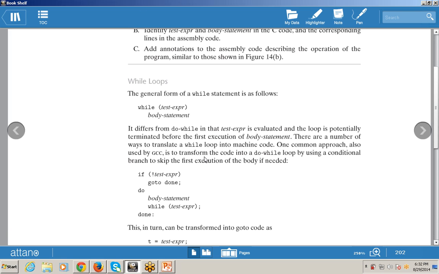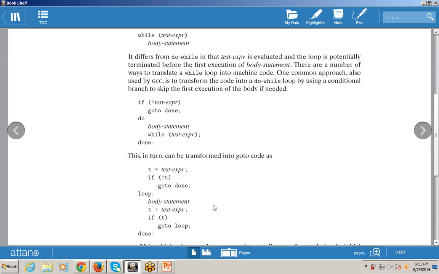That is, if the condition is false, directly go to done, so no statement will execute. Otherwise, if the condition is true, do the following operations: do body statement while test expression, means check the condition.